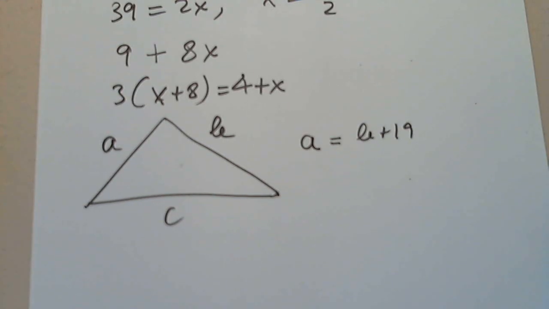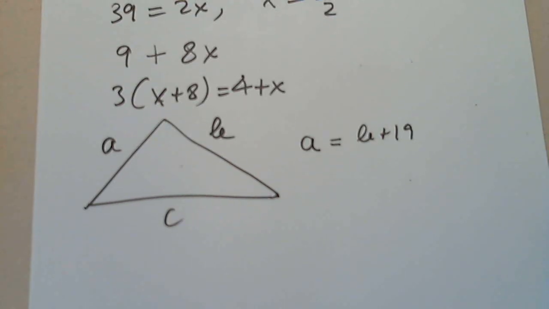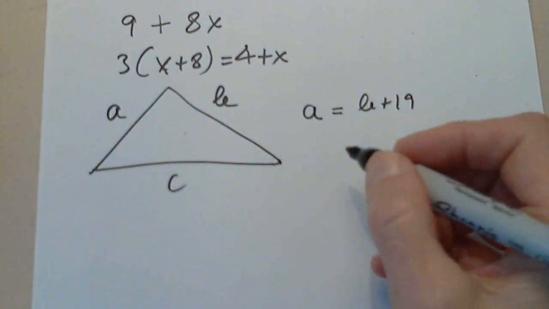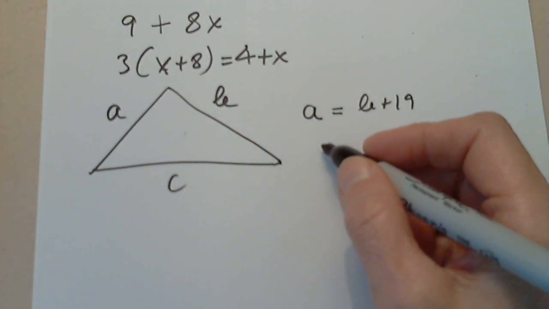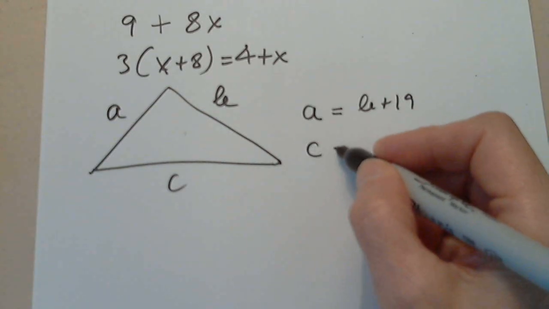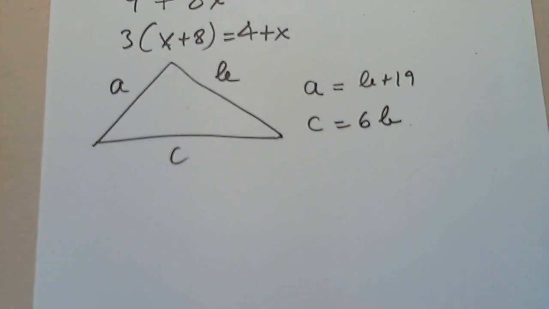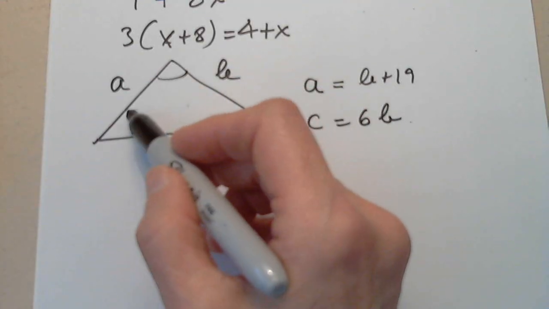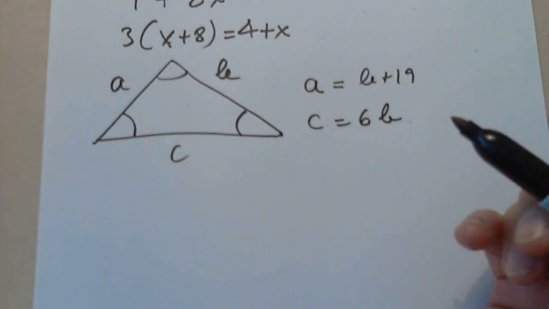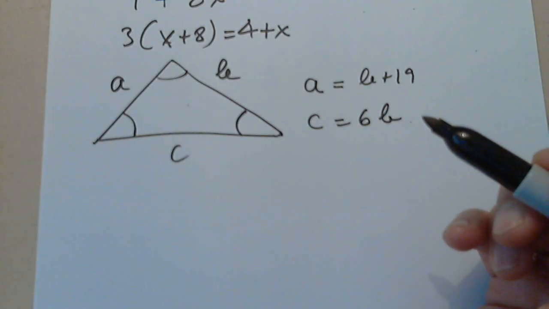The third angle of a triangle is 6 times the second angle. The third is 6 times the second angle. C equals 6B. Very good. Also, the sum of the angles,